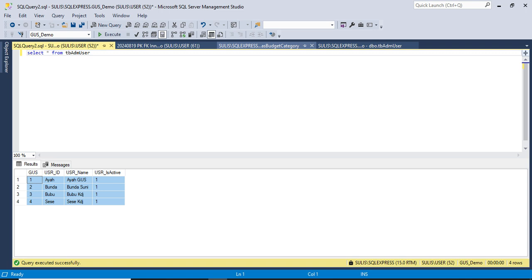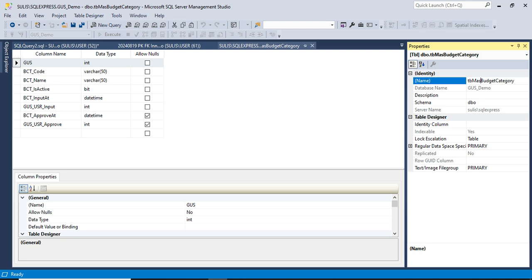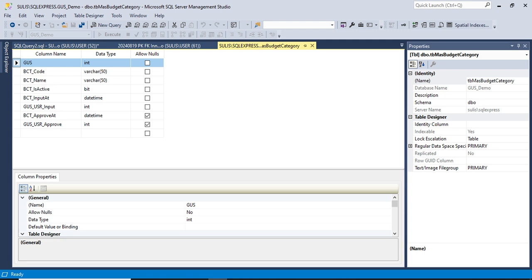And now I create another table that is called table master budget category. As I mentioned before, there is always a field named Goose. This is a primary key. I set this Goose as primary key. This is the column.